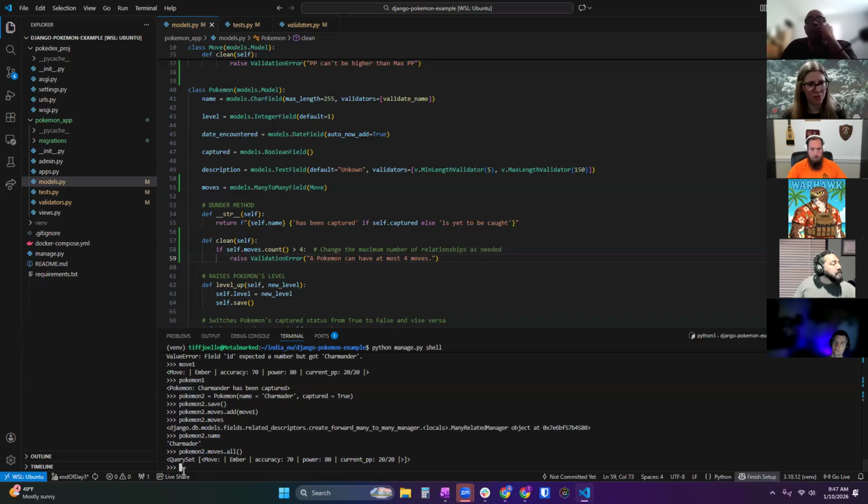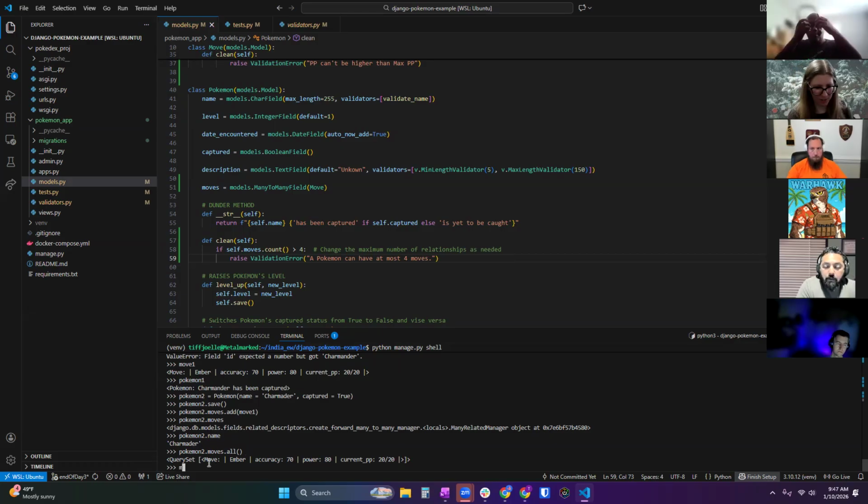That's the SQL version of what I just did right here. Where Pokemon equals Charmander, or Pokemon.name equals Charmander. So this is basically a query response that I just got from querying select all moves from Pokemon where Pokemon equals Charmander. And it returns every single move that we add to this Pokemon.